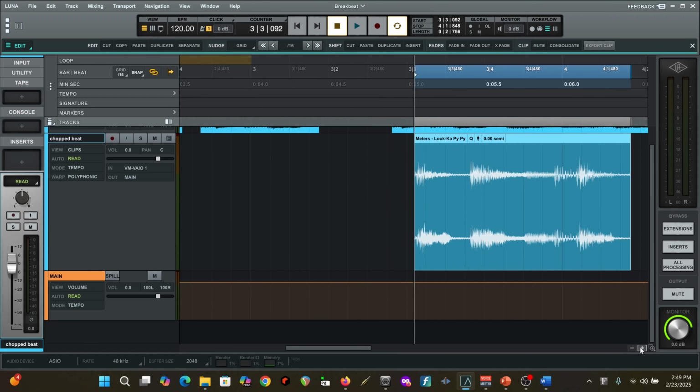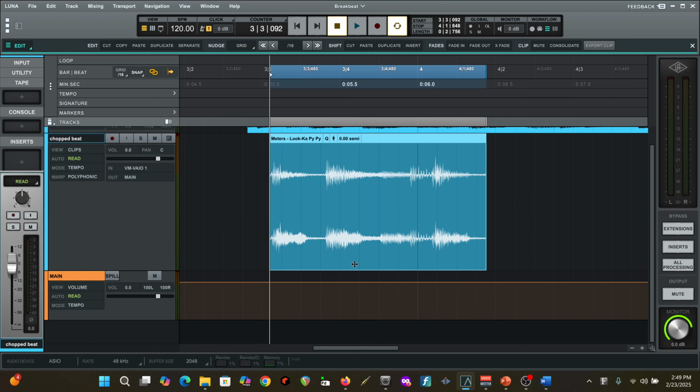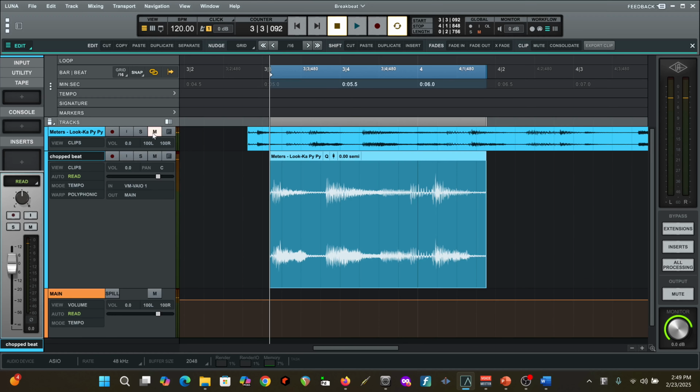So here's what it sounds like. Oh, forgot to mute the other track. Okay, first, to pitch shift. When I'm looking at this clip, I can pitch shift directly from the clip header. It says